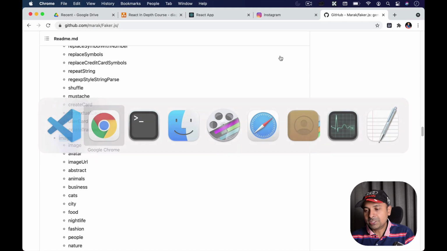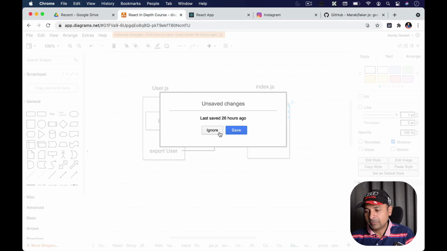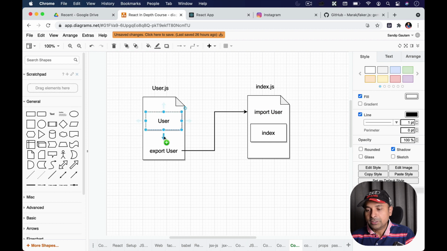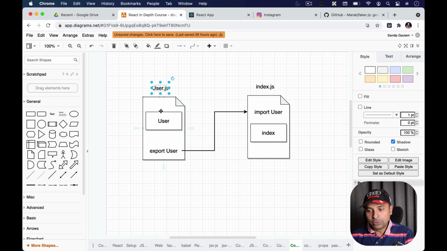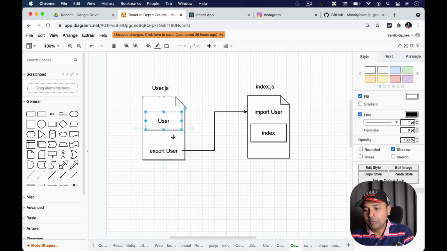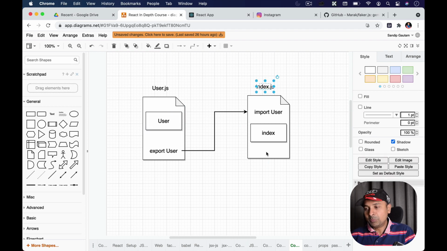I've already told you the steps. This is like user.js, that's my own file. Similarly, we have faker.js where we have the faker object, and we want that faker object inside our user.js. So we follow the similar steps given here.